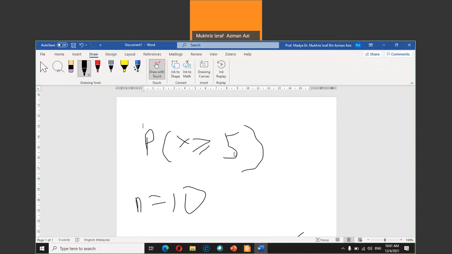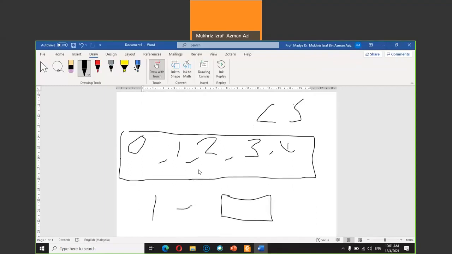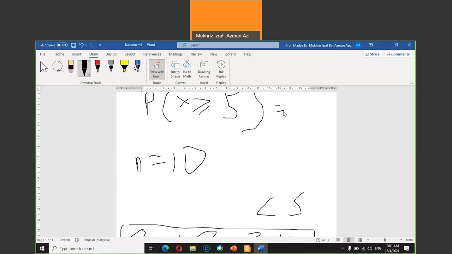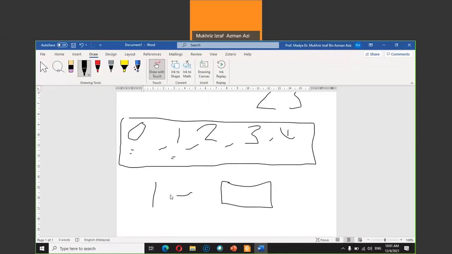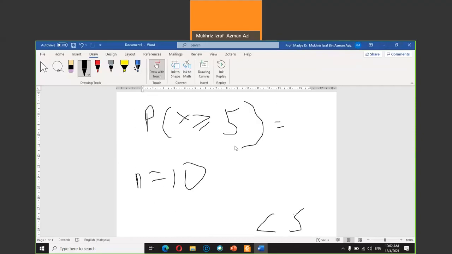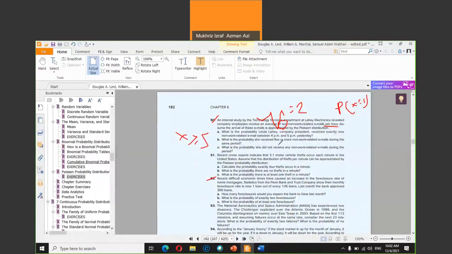You can do this manually using the Poisson formula, meaning you calculate P(x=0), you get the value, and then you calculate P(x=1), and so on. You sum each of these values, and 1 minus that should be equal to this one, because total probability will always be equal to 1. So what you do not want plus what you want will always be equal to 1. That is how you solve problems like this using a table or the manual approach.